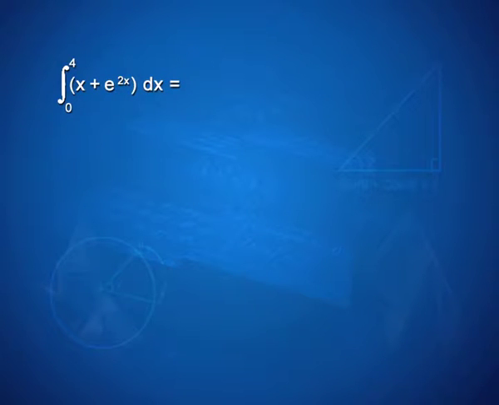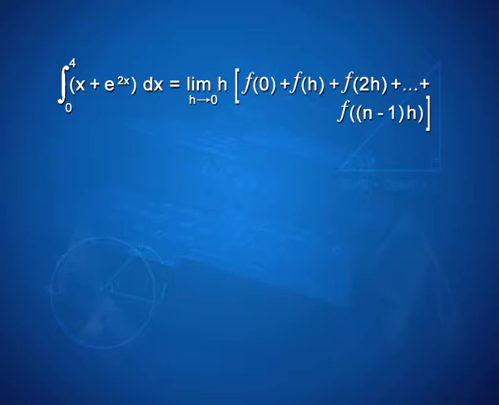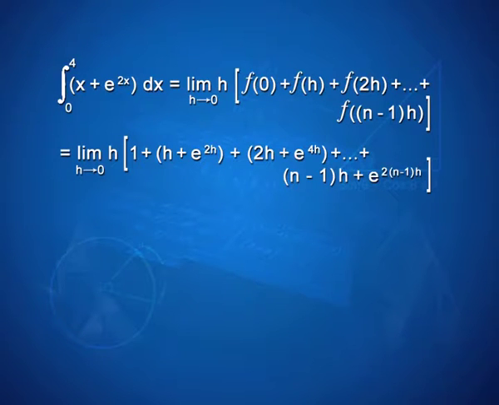This can be simplified further as limit h tends to 0 h into f of 0 plus f of h plus f of 2h and so on plus f of n minus 1 into h, that is equal to limit h tends to 0 h into 1 plus h plus e to the power 2h plus 2h plus e to the power 4h plus so on plus n minus 1 into h plus e to the power